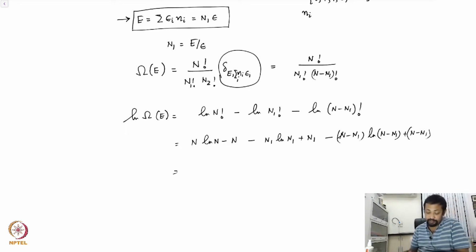Let's simplify this. You clearly see that this n1 is going to cancel with this, and this plus n is going to cancel with this. You are left with n ln n minus n1 ln n1 minus n minus n1 ln